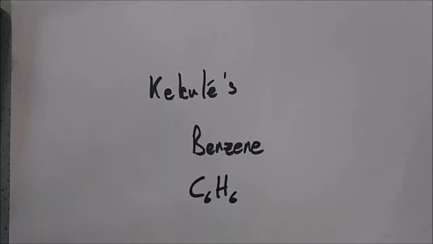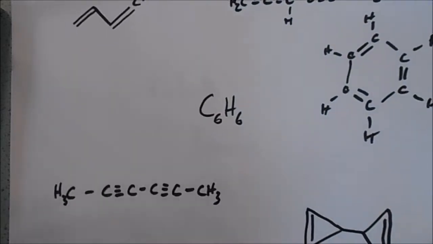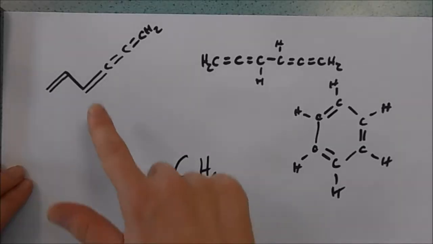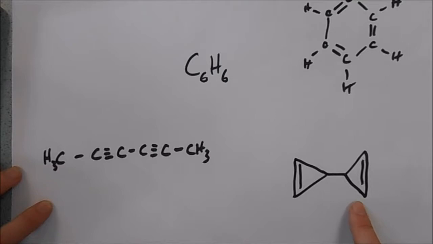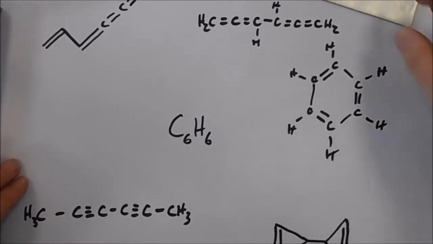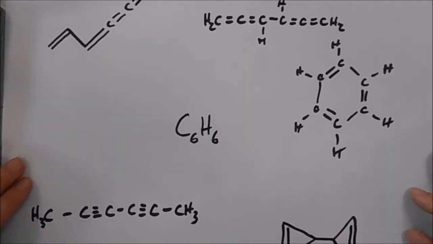If you just pause the video, you can work out some structures of C6H6 with the correct number of bonds per carbon atom and hydrogen atom. You'll see that actually what this molecule is, is not a simple problem. So here are some ideas that I have had. So we've got lots of weird and wonderful chains. We've got a really odd thing down there, but the problem is that there doesn't seem to be enough hydrogen